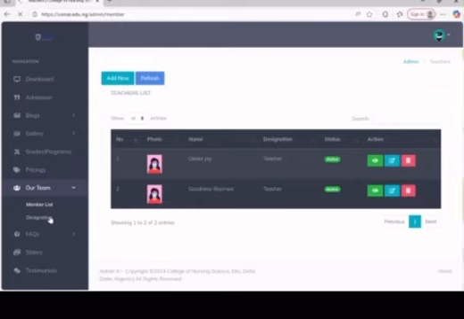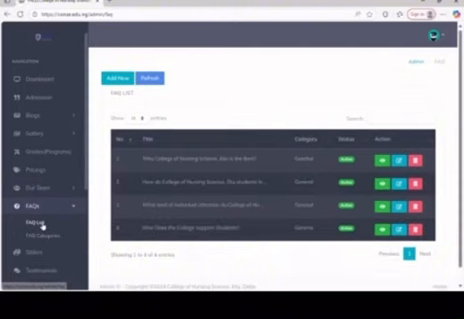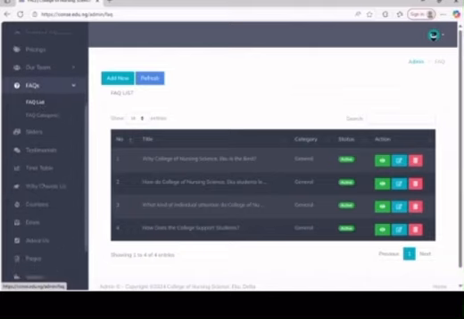Next is the designation, which entails their department and their status, as usual, as you can view, edit and delete and also add new if you want to. Next is the frequently asked questions. Now, under it is the list, which contains the number, the serial number, the title, their category, their status, and